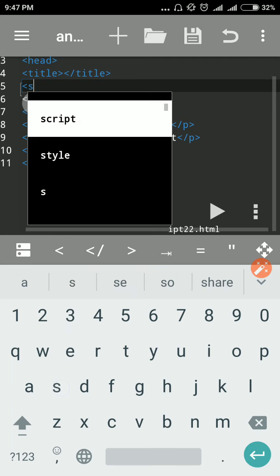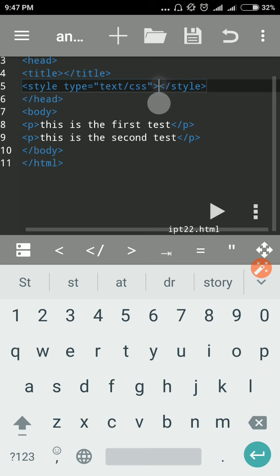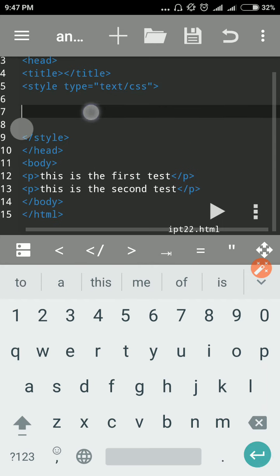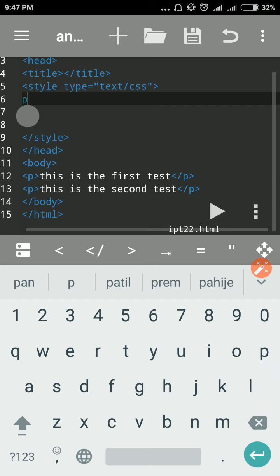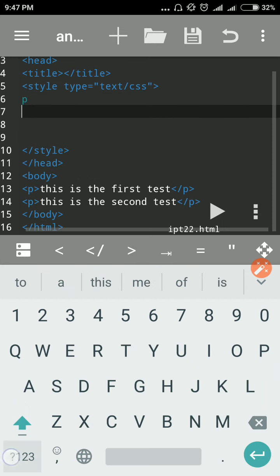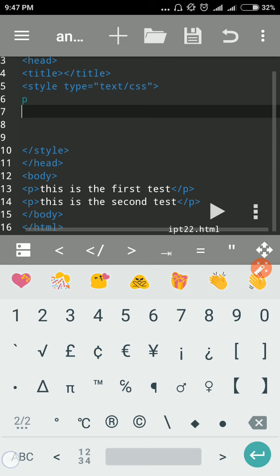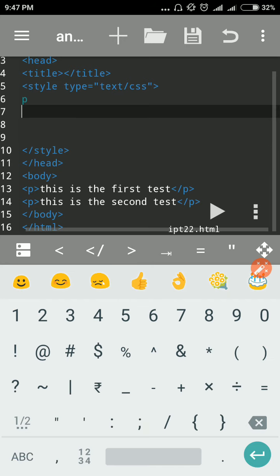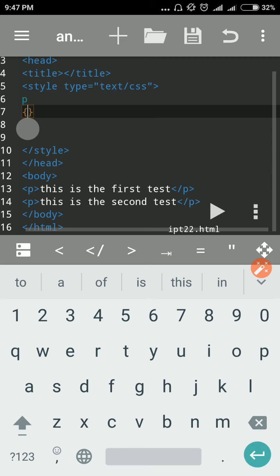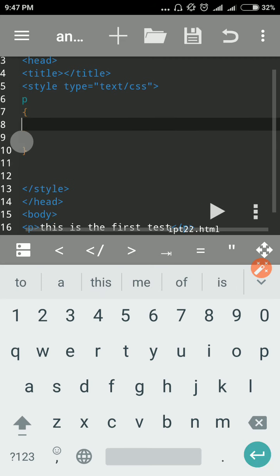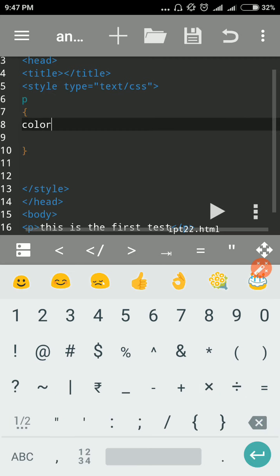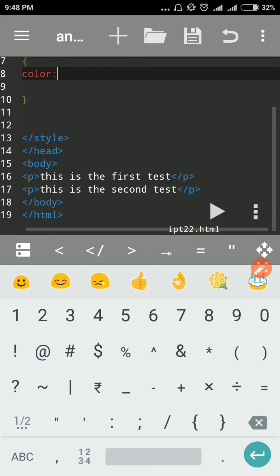For that we have the style tag, and then P, the paragraph element selector. Open bracket, close bracket, and here the first attribute we take is for the font color.